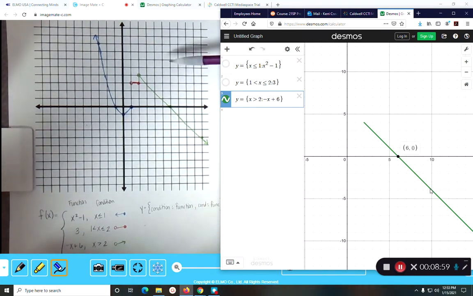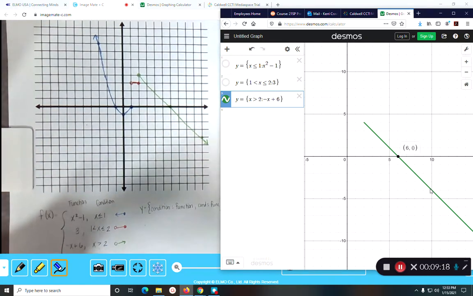Now a couple things that you want to check when you're done. Make sure that your function still passes the vertical line test. I should be able to draw a vertical line through my graph anywhere and not cross it twice. The only exception to that is when I have an open and a closed circle that overlap each other. For example, if I drew a vertical line right here,